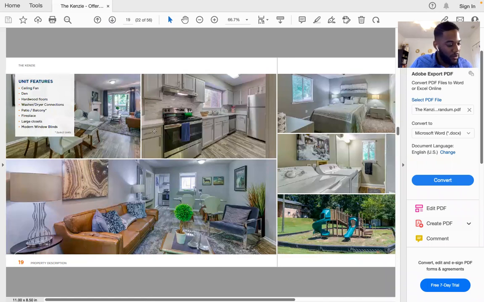Yeah, so floor plans look good. These are the renovated units, so you can see they're more modern looking. They have this gray flooring here, stainless steel appliances. So I would say they did pretty well with the rehab. One thing I would point out here, guys, this is kind of peculiar. This looks like a bathroom. I don't know if you guys can see this picture right here. It looks like a washer and dryer side by side in the bathroom. Guys, is this common? I've never seen it like this. Have you guys ever seen this layout where it's a washer and dryer in the bathroom like this?